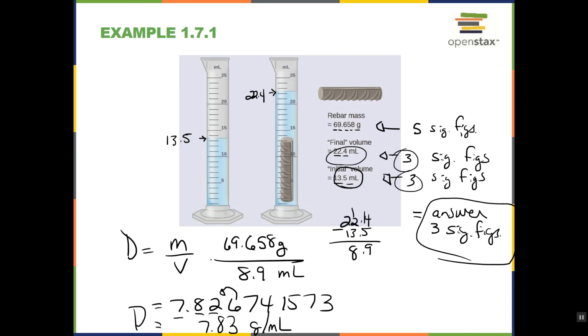Now beware, because this is where the ACT is going to give you answer choice A is going to be like 7.826. Answer B is going to be like 7.83. Answer C is going to be like 7.8. And then answer D would be something, I don't know, 7.8 times 10 to the 0 power or something like that, right? So they're all relatively correct answers to some point. All right,